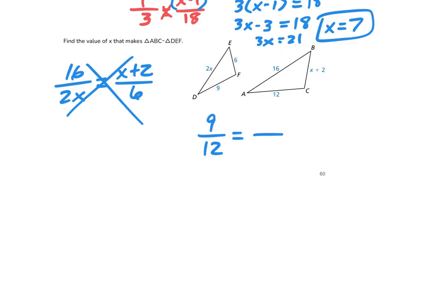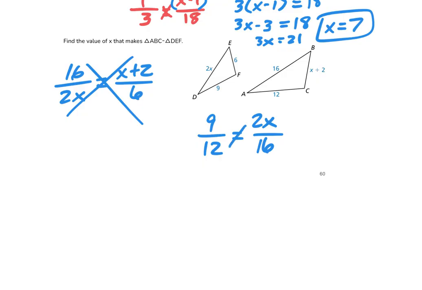So I'm going to use 2x to 16, or 6 to x plus 2. Does it really matter? Probably not, but the one I'm going to choose here, just to show you this, I'm going to use 2x to 16. Okay, this is different than one we did just before. This one doesn't have a plus or minus sign in it. It's just multiplication. So as I cross multiply here,